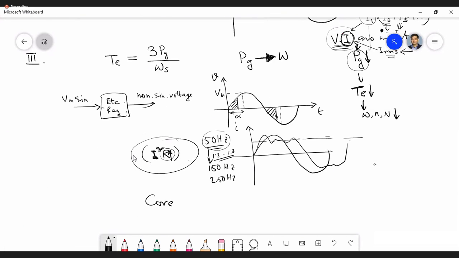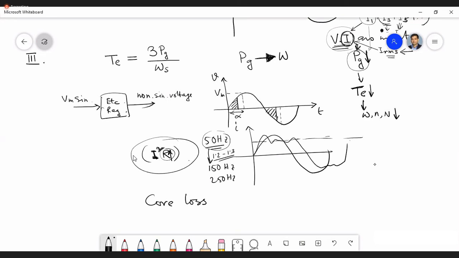now the core loss. What about the core loss? It will be increased as the variable frequency harmonics are of higher frequency. Okay, so that means the core loss is directly proportional to the frequency. If the frequency is getting high, because for all the harmonics the frequencies will be high, so core loss will be increased. Okay, so these are the effects on asynchronous machines.